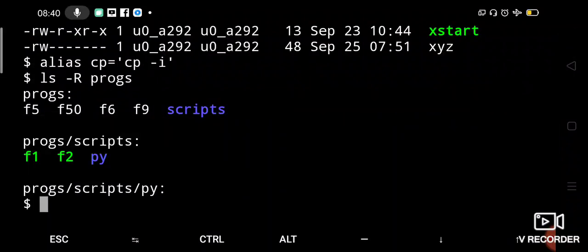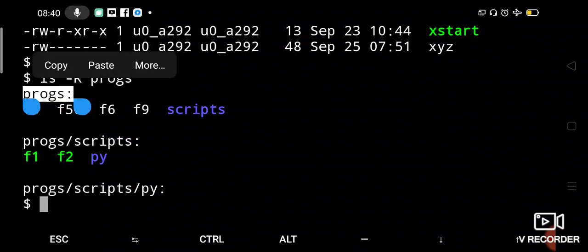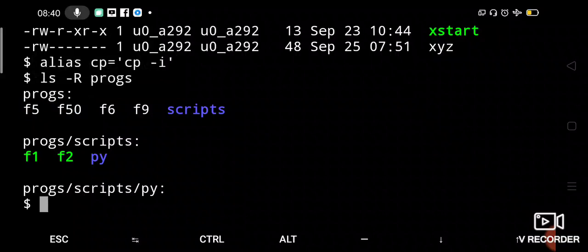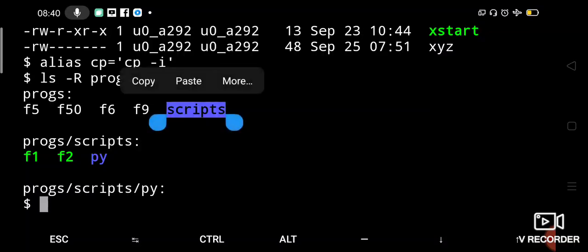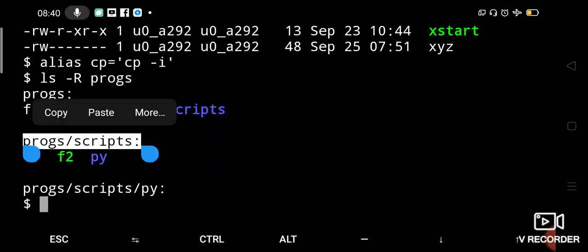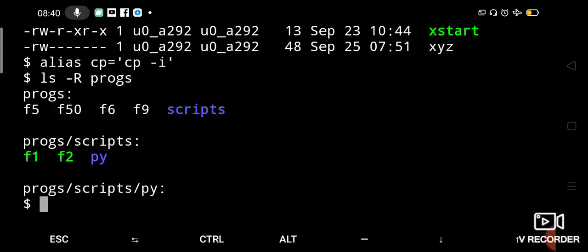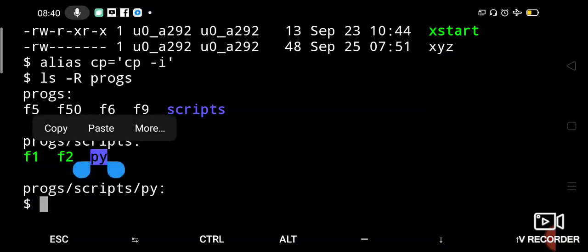It has some files f5, f50, f6, f9, and a directory called scripts. And that scripts directory in turn has f1, f2 files which are executable files. You can see they are in green color, and another subdirectory called py, where I will store all my Python